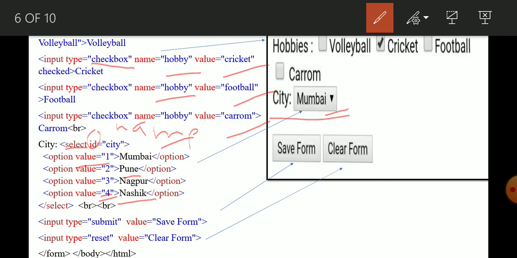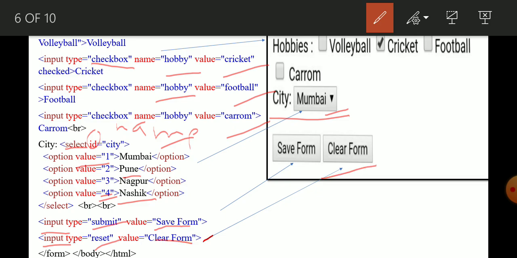Then last, for save form and clear form, you have to take the input tag with the type attribute, and the value of the type attribute is what? Submit and reset, which are fixed like text, checkbox, right? So whatever you specify in the value attribute will be displayed on the button for user understanding.